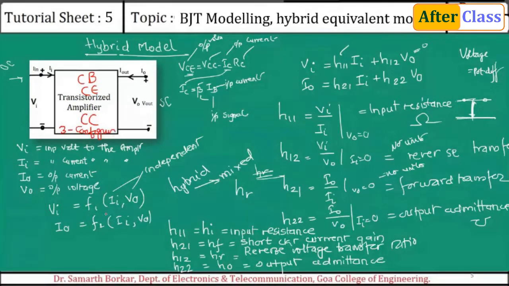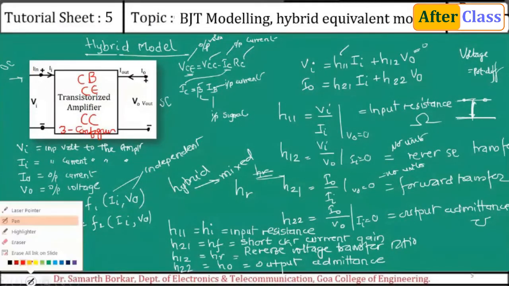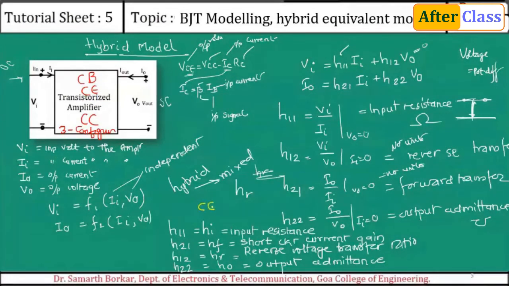Okay. Now, how do I denote this for the different configurations? If I'm going to use a common emitter circuit, this is labeled as HIE, HFE, HRE, and HOE. If I make use of a common base circuit, these terms will be HIB, HFB, HRB, and HOB. So the second alphabet, the small alphabet, refers to the configuration. CC is out of question. It is not used as an amplifier. It is used for impedance matching. Fine. I hope this is clear to you.